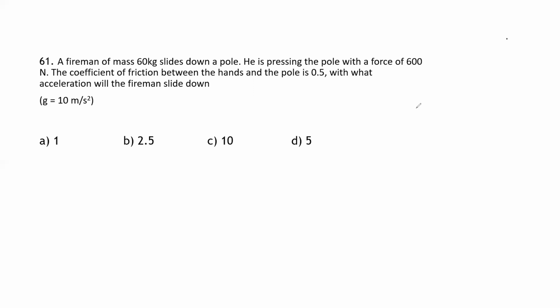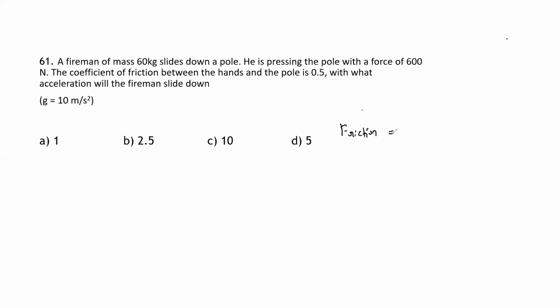Coefficient of friction is given. Then the force is given as 600 Newton, and the mass of the fireman is also given as 60 kg. We need to calculate with what acceleration the fireman will slide down. So we need to calculate the acceleration. The formula which we can use here, we know that